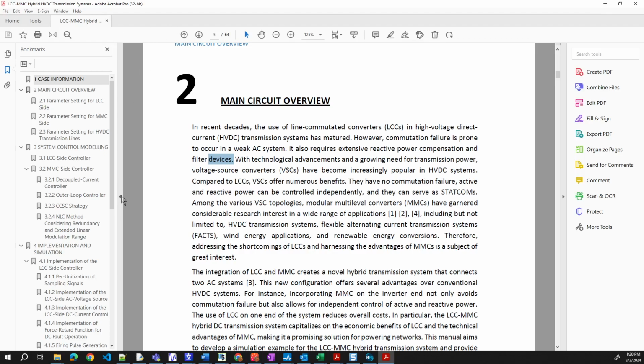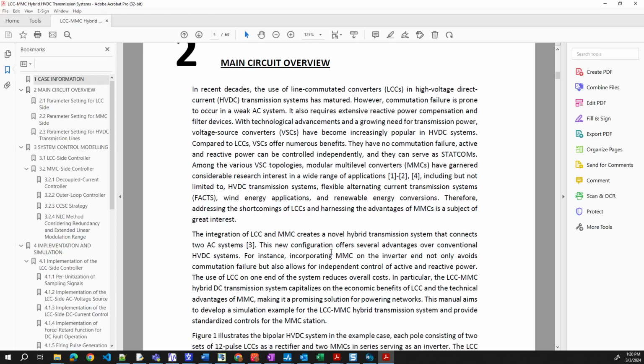Okay, now next is the topology, MMC. Talk about MMC, there are a lot of applications in references 1 to 4, we'll go to the references later, but not limited to HVDC transmission line systems. FACTS devices, wind, renewables, all widely use VSC. Therefore, we have to address the shortcomings of the LCCs and also understand the advantages of